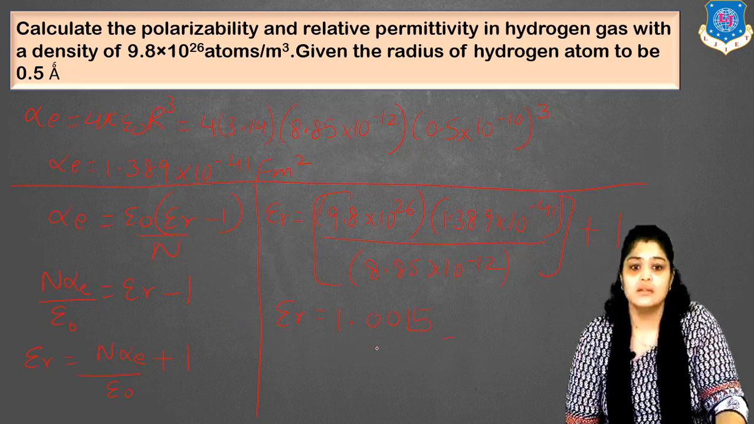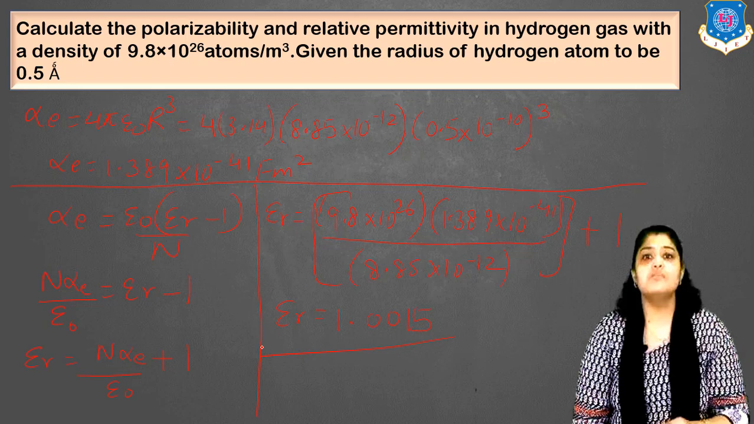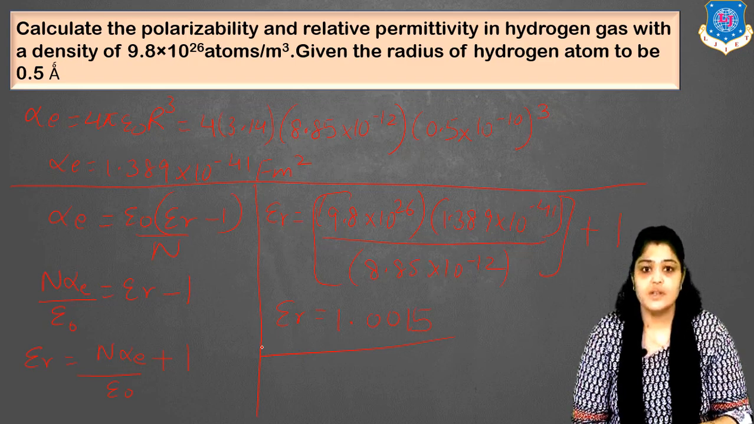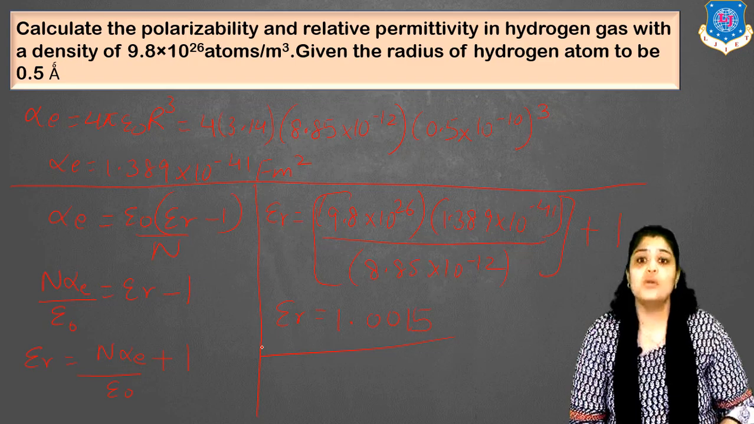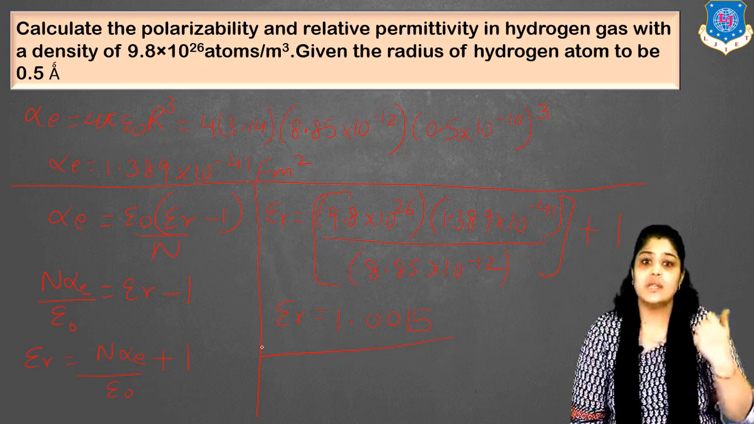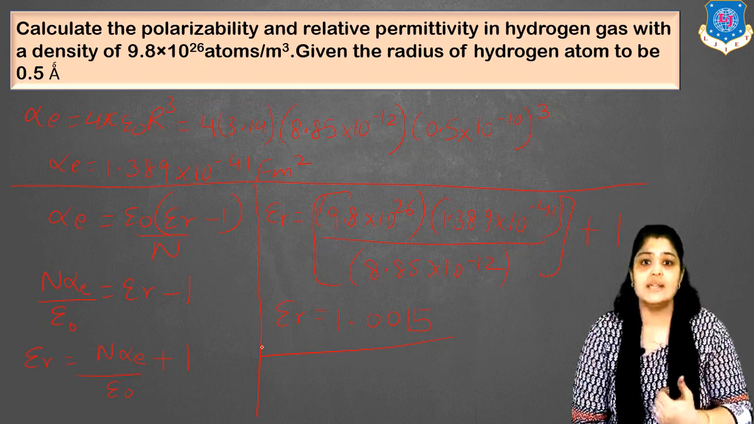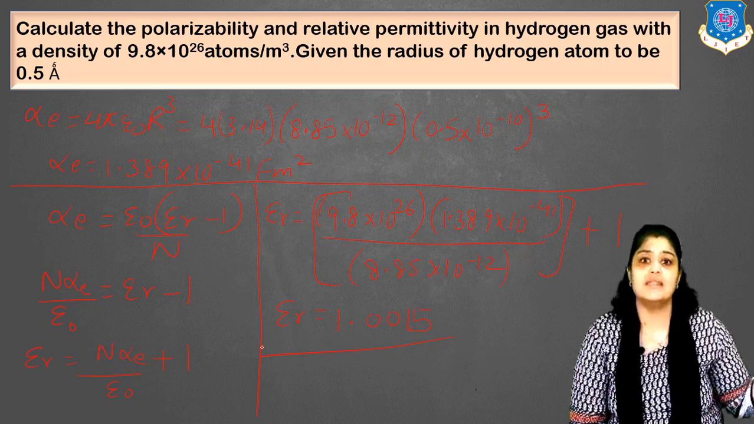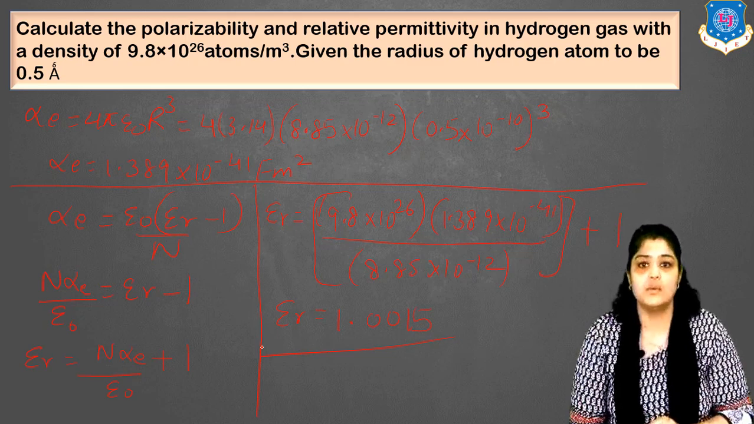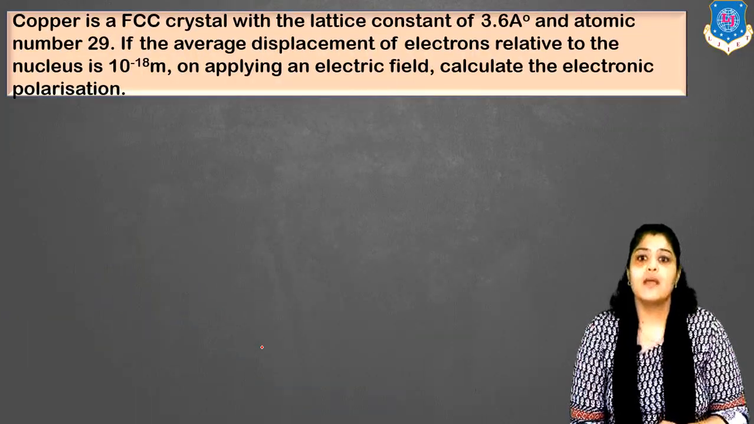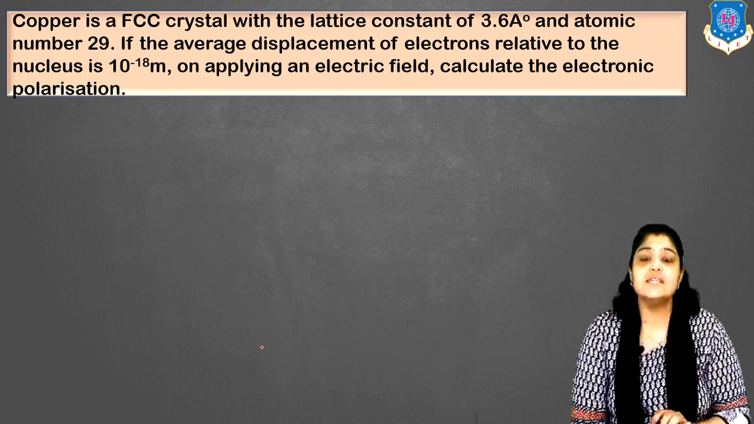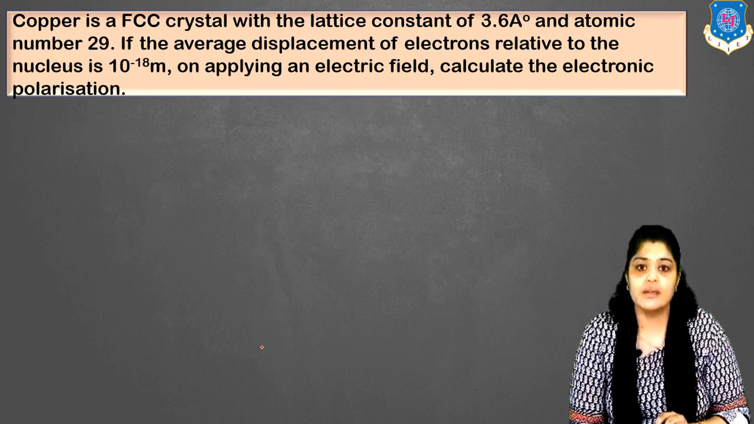So this will be epsilon R is 1.0015. So the sum was easy. The only thing is you should remember which formula to use. So initially to find out polarizability, we use the direct equation and then using a relation we determine the value of epsilon R. Next numerical: we have copper, an FCC crystal, face-centered cubic crystal, with a lattice constant of